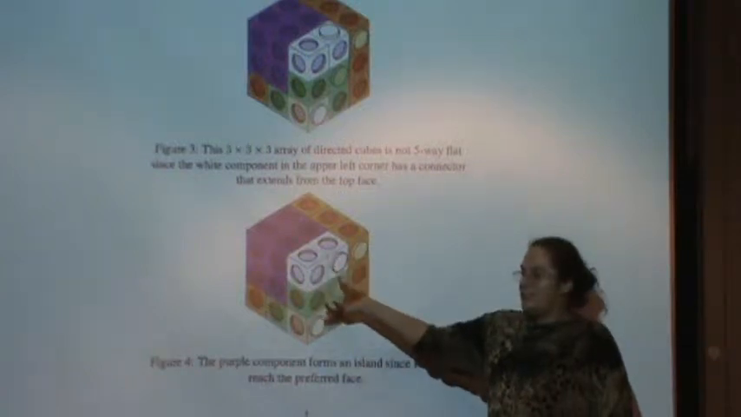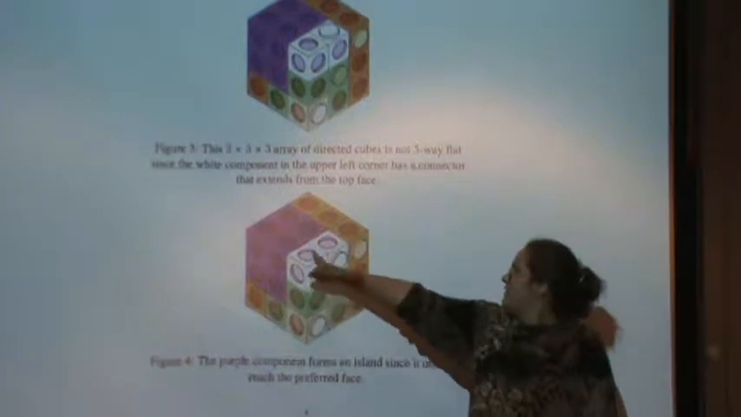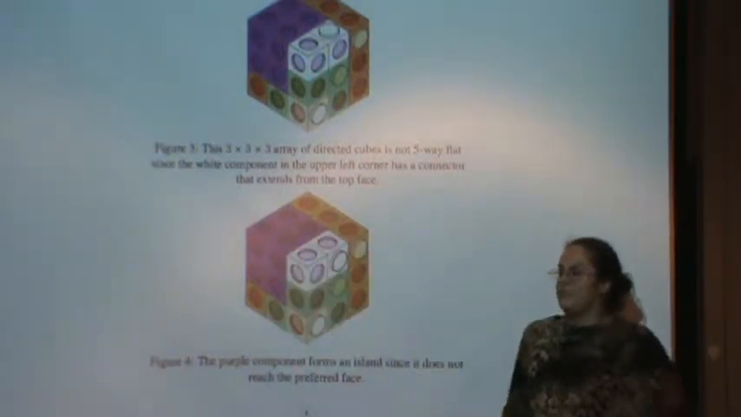Components must reach the front so you can record it. So this fails, since our purple thing does not reach the front. And if it doesn't reach the front, I call it an island. So basically, you have to have everything reaching the front. So if you make an array,